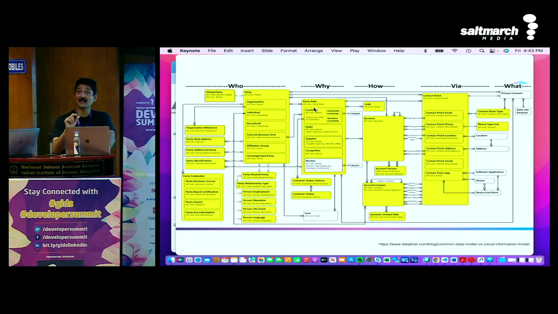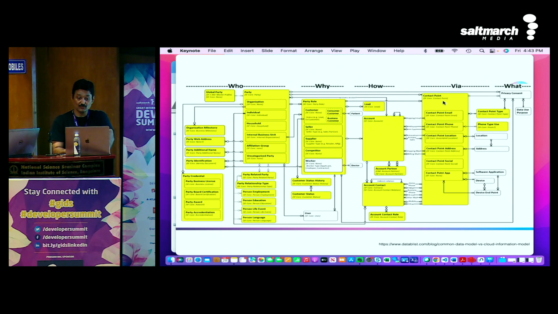That means you can be an employee. You can be an employee for your company. You can also be a vendor for your company. Yes? You can also be a seller for your company. You can also have a company attached to the company you're working on. So that is where the party roles come in, which is an account. You're creating an account for that.